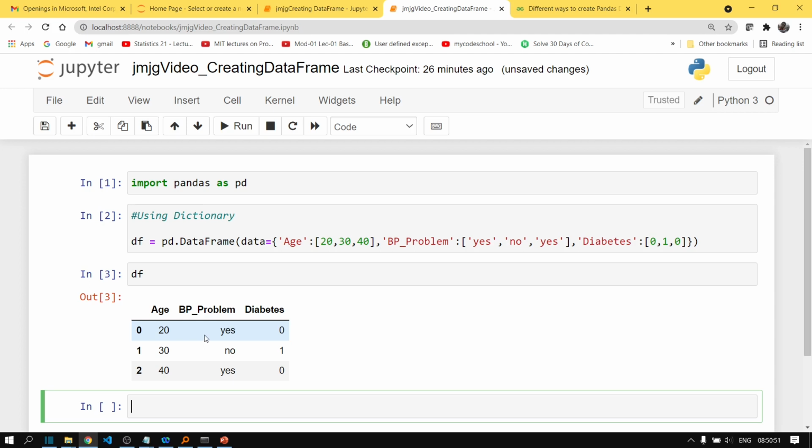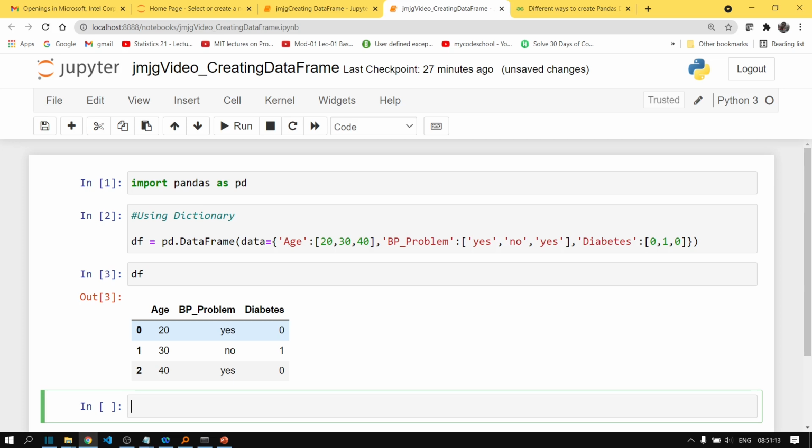Now, apart from the column names, as I discussed in my previous video, you can also give some row names or the labels of the rows. If you don't pass anything as the index, it will take consecutive numbers starting from 0 as the row number or row label.